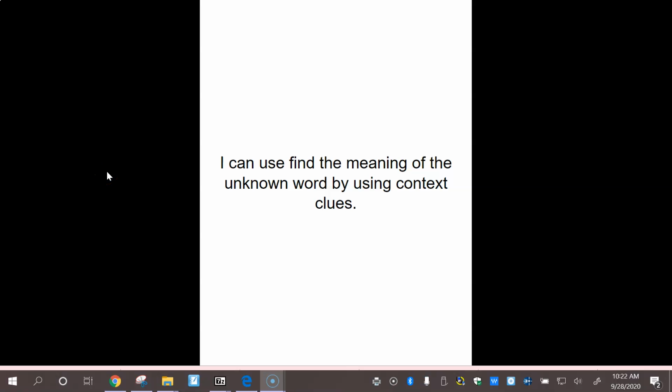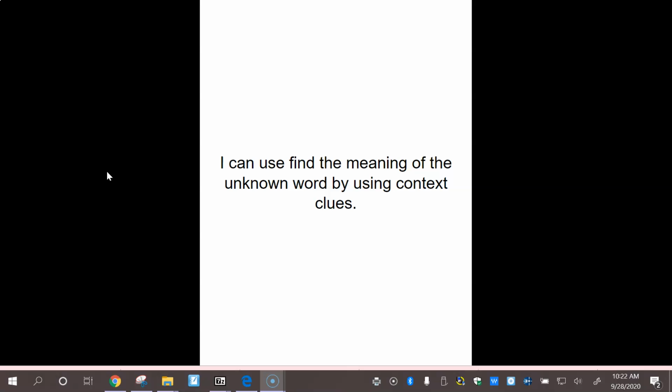Hi friends, so today we are going to continue to talk about context clues. So let's go over our I can statement first and then we will move on. Our I can statement for today is: I can find the meaning of the unknown word by using context clues. I'm going to keep it on the screen for a minute while we talk a little bit about